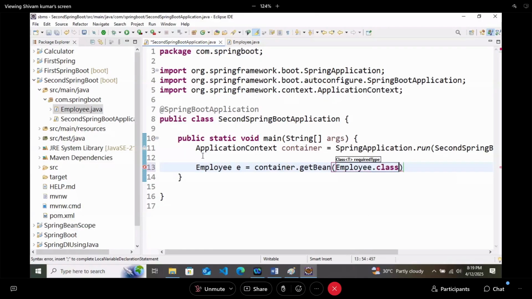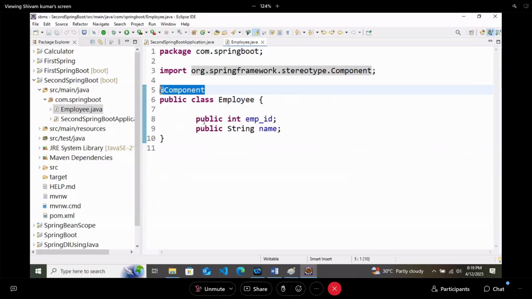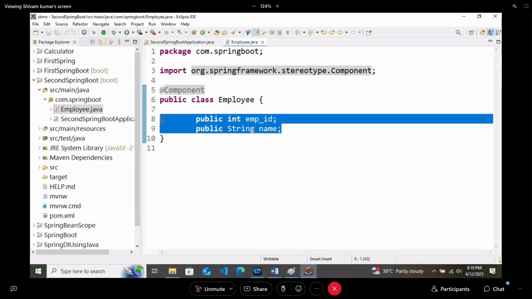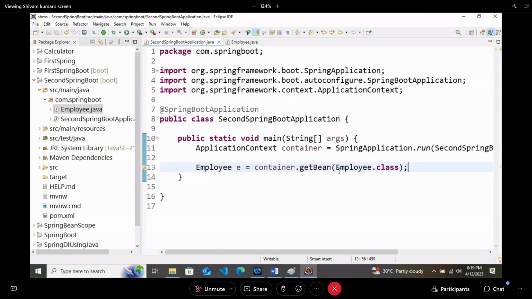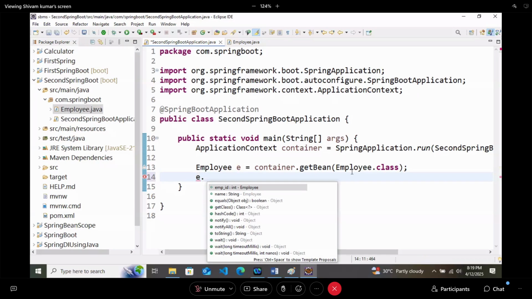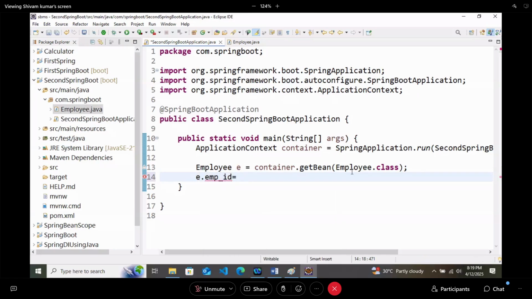Now these two fields are public fields. They are not private. It means no security is going on into them. I can directly say e dot employee ID equals to 101 like this.